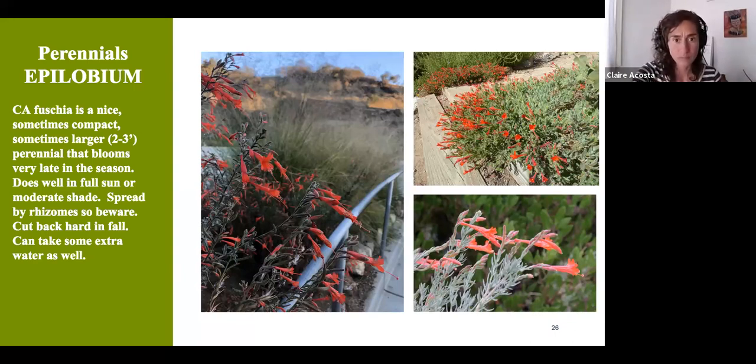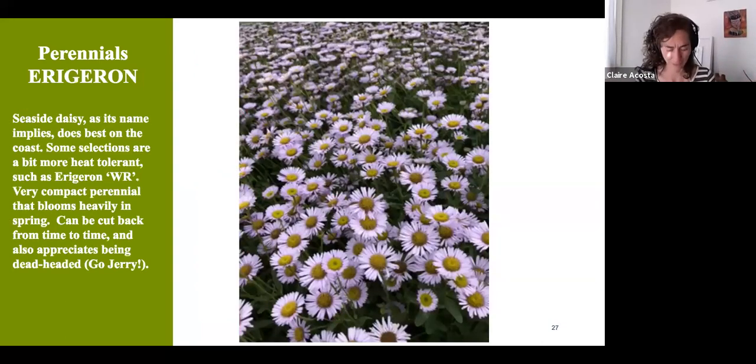flowering option. Erigeron glaucus is seaside daisy. And yes, as the name implies, it really prefers the coast. It comes from the coast originally, so maybe not so much for an inland hot sun garden. If this is on your easy list, and Erigeron definitely is on your easy list,